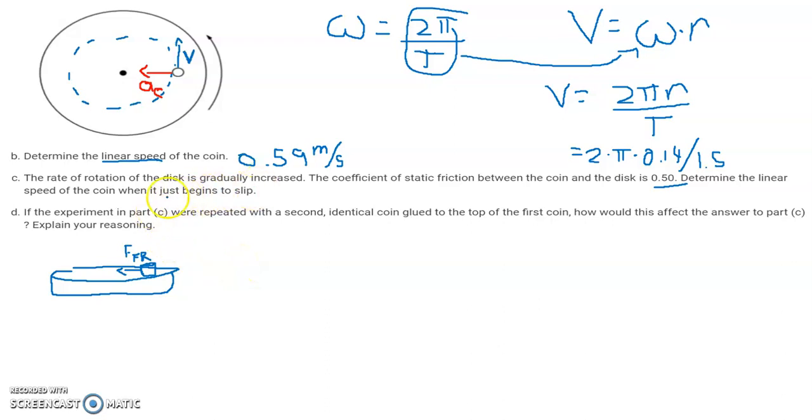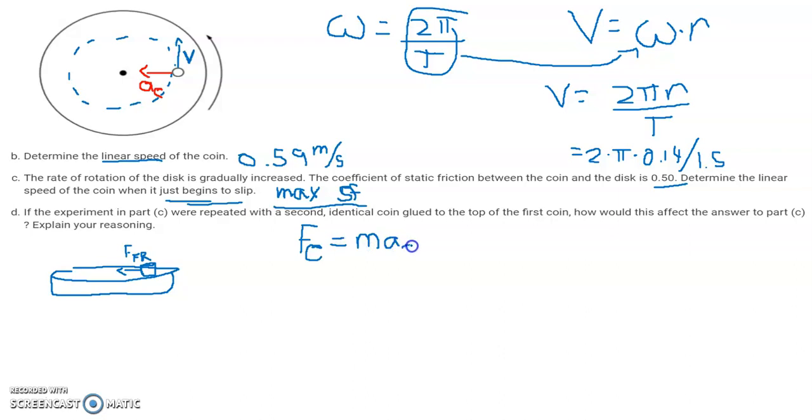So let's figure out when slipping just begins to happen. That happens when we reach the point of maximum static friction. We've reached the maximum amount of friction that we can get, and so we have overcome that, and that's when we begin to slip. So for this, we will need Newton's second law for circular motion,